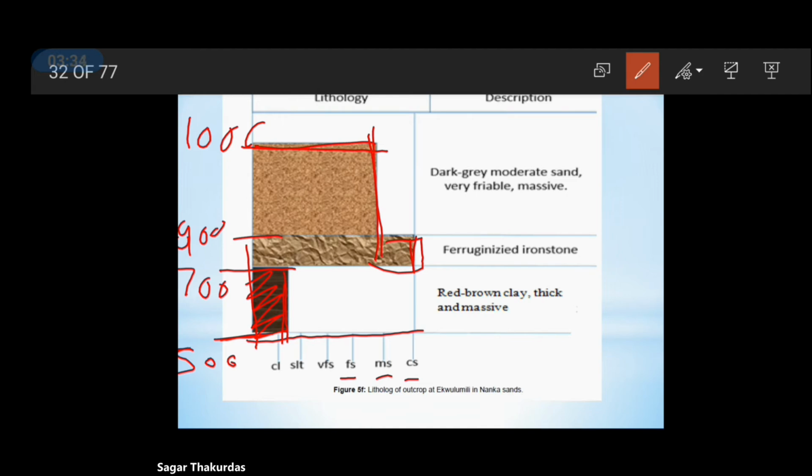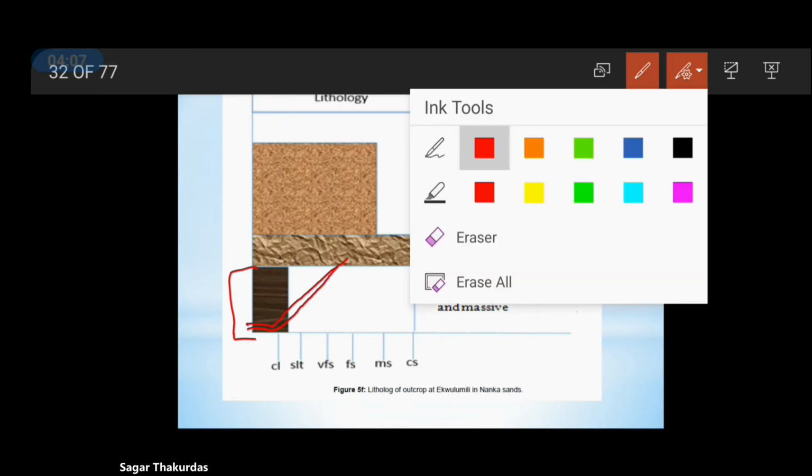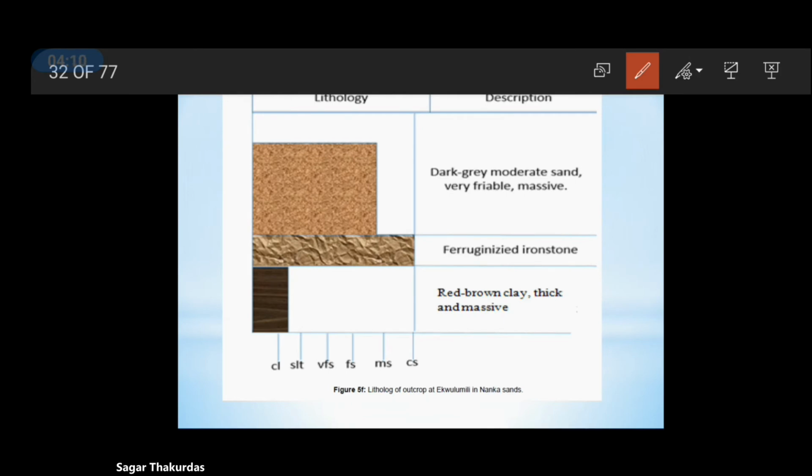Now one more thing you need to remember here is, it is not necessary that within a single formation, like for example this, the grain size remains constant. It is possible that the grain size goes on increasing in upward direction when there is a gradational contact. If the contact between two different formations is not sharp, you might get to see upward increasing grain size, or it is also possible that you see upward decreasing grain size, something like this.